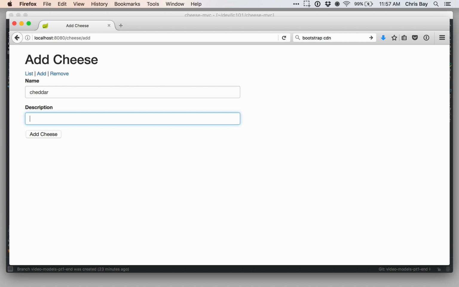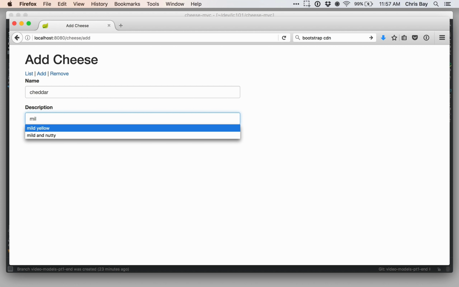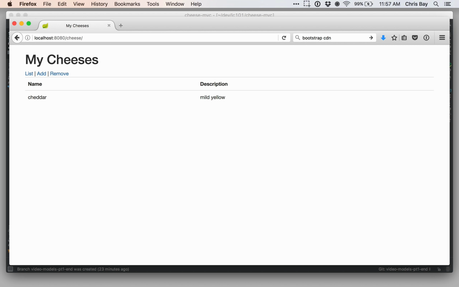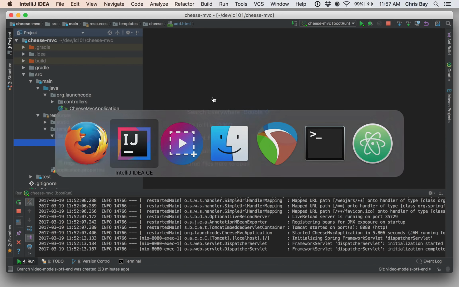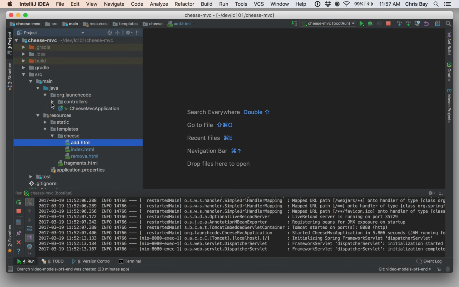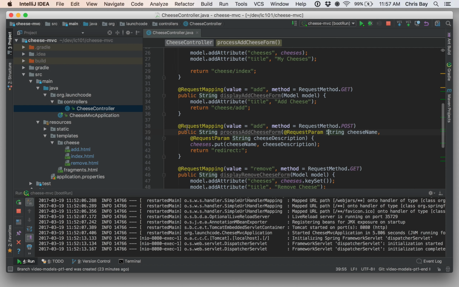Let me add another cheddar cheese. And this one's going to be a mild yellow. And notice what happened here. Instead of getting two different cheddars, I only have one. Okay, and this is because if we go back to our code and we look at our controller, we see